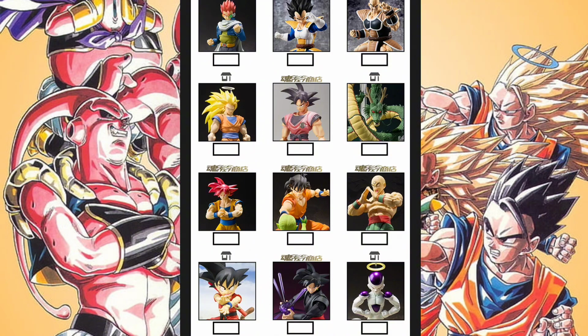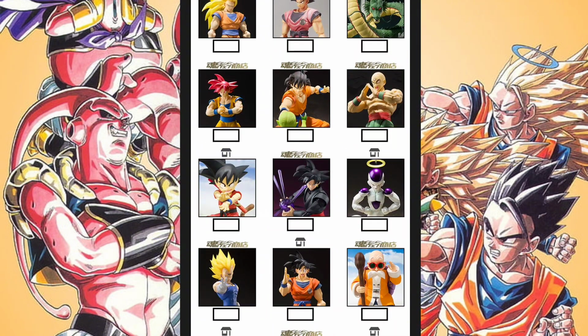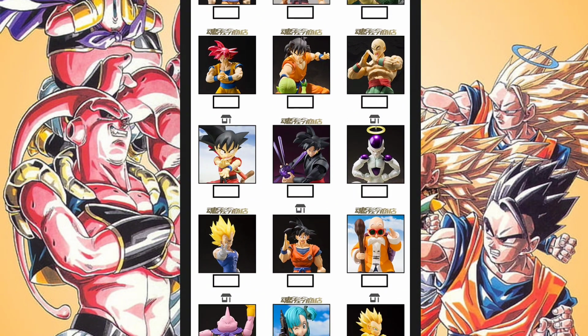Yamcha from Saiyan Saga and Tien from Saiyan Saga, those could go together. And then also, like I said, for some of them, it's just the animation, right? It's good to go along with the animation. And for Dragon Ball in particular, the sub line of Dragon Ball figures, they kind of beat to their own drum. They just release fairly haphazardly. They just do their own thing. It doesn't necessarily follow a particular rule, but I guess you can even pair them up if you want to.